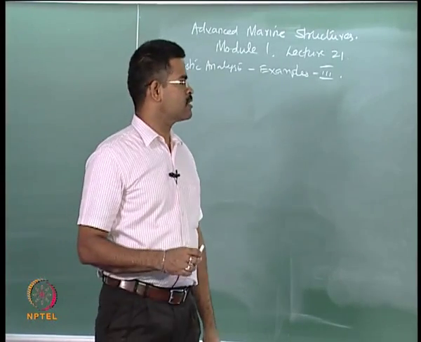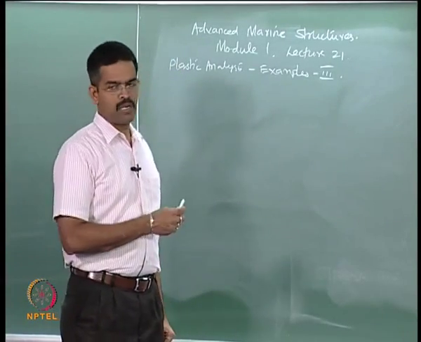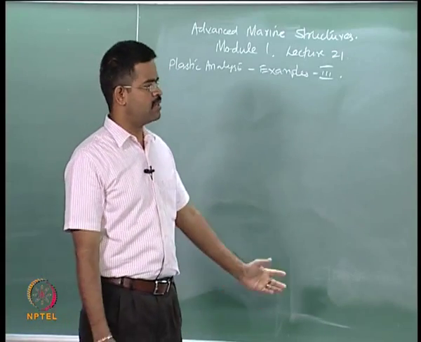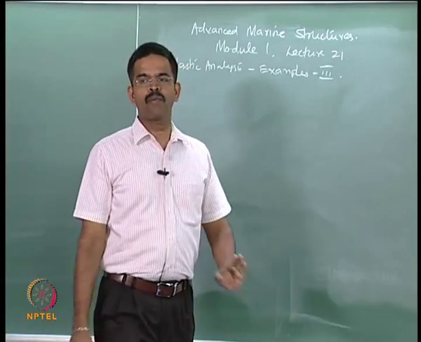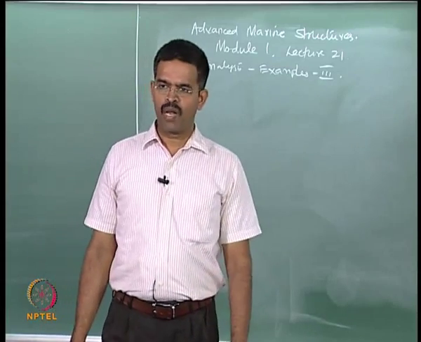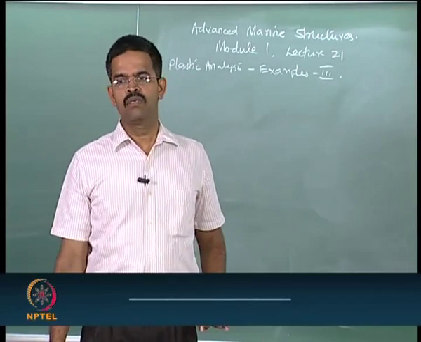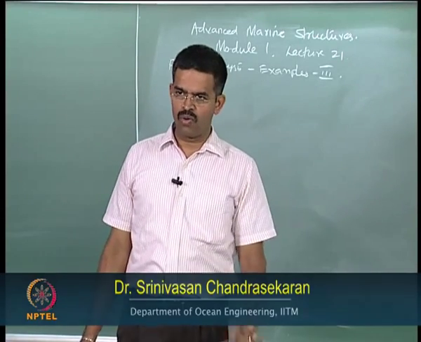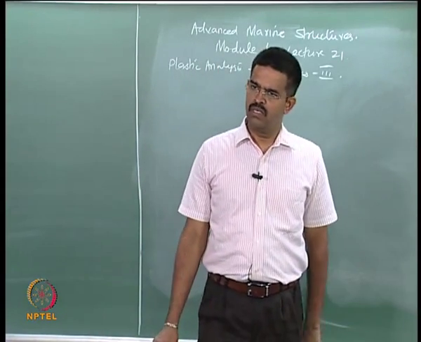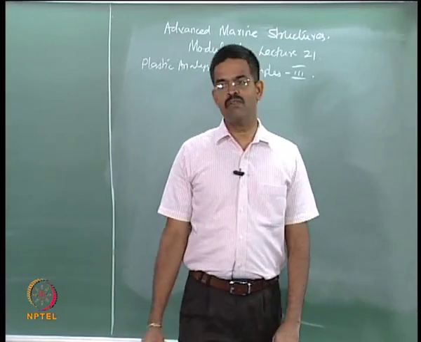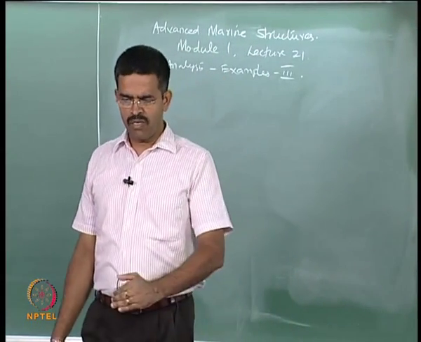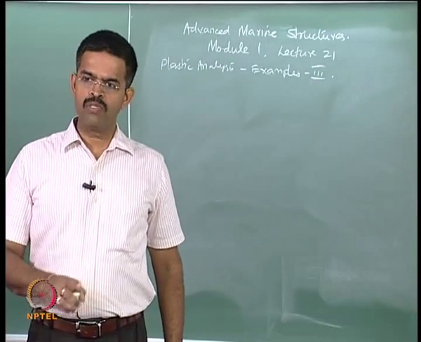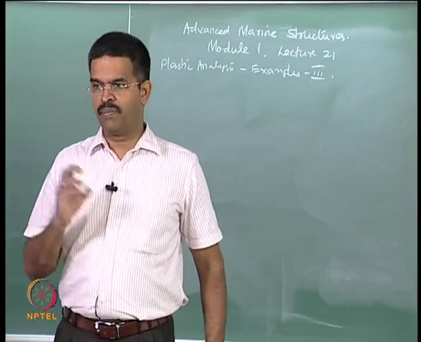So, in the last lecture we discussed some examples where we could pick up easy problems to compare the static and kinematic theorem results, and we understood that by selecting a proper mechanism, and a proper, appropriate admissible bending moment distribution, we could land up in the same collapse load whether you follow the static theorem or the kinematic theorem. In this lecture we will pick up examples where we go slightly further to understand how one theorem depends on the other in certain examples.